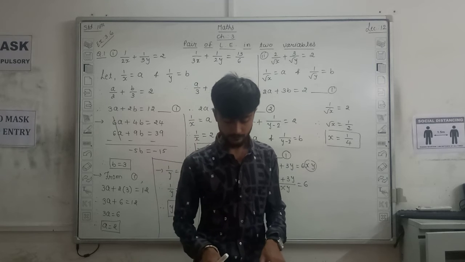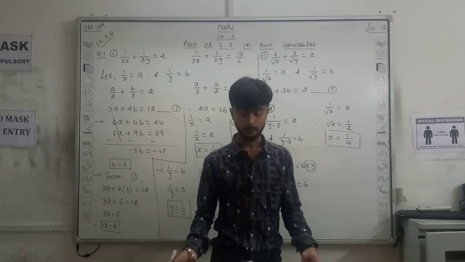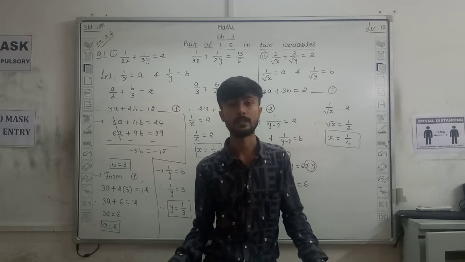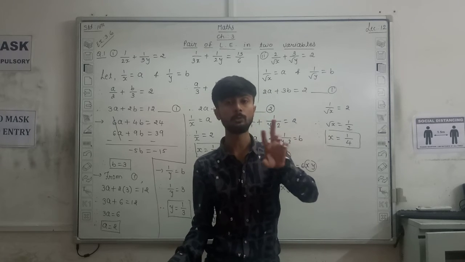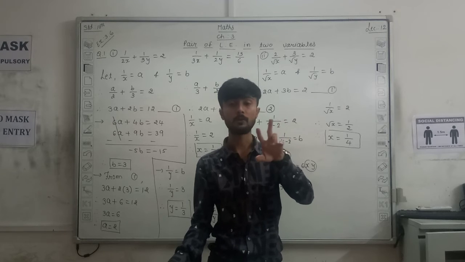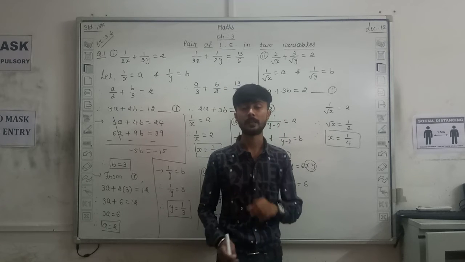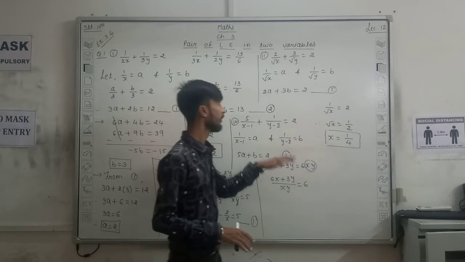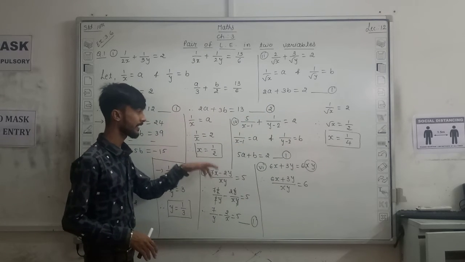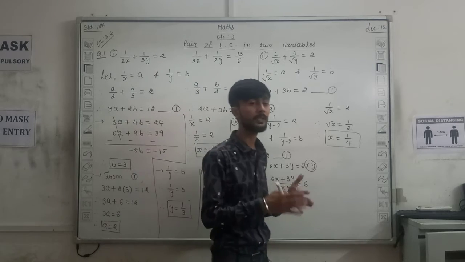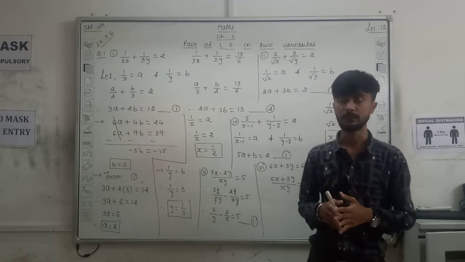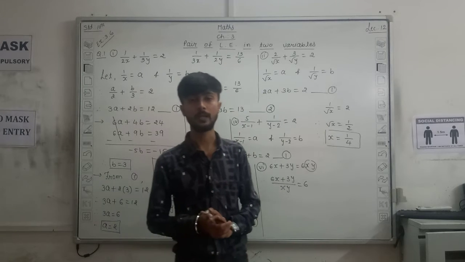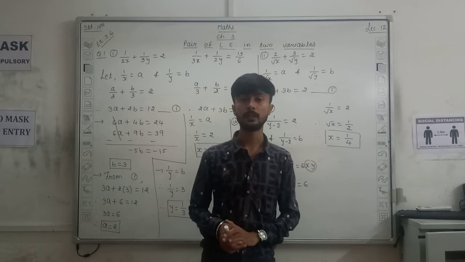Similarly, number 7, you need to suppose 1 upon x plus y and 1 upon x minus y. That means there are two variables in the form of combination, right? x plus y, x minus y. Till now, 1 upon x, 1 upon root x, 1 upon x minus 1, y minus 2, separately in one term there was only one variable, but here 1 upon x minus y and 1 upon x plus y. Okay, so there are two variables.